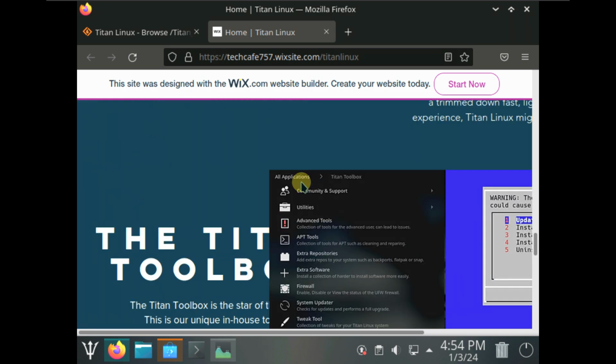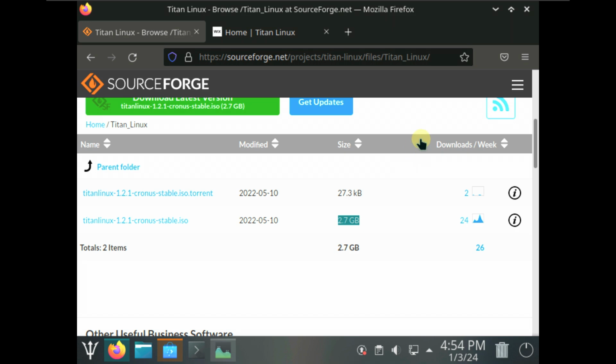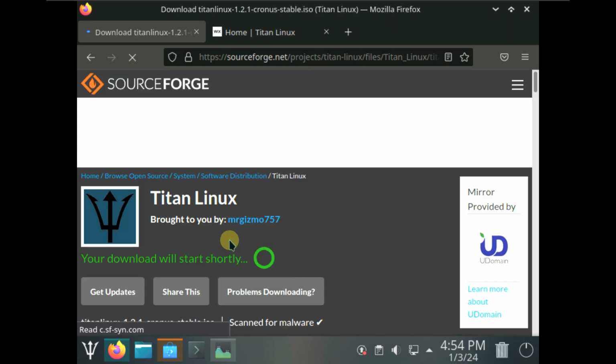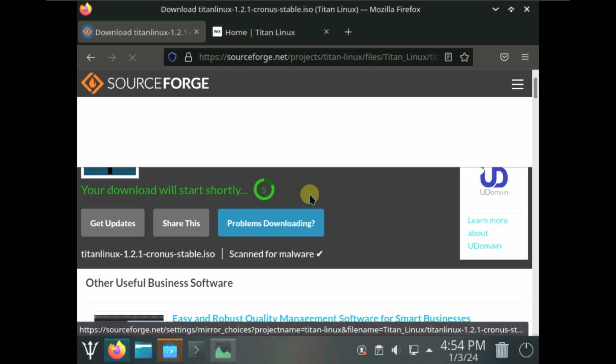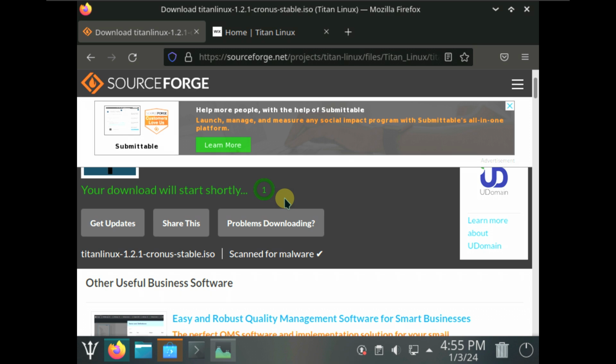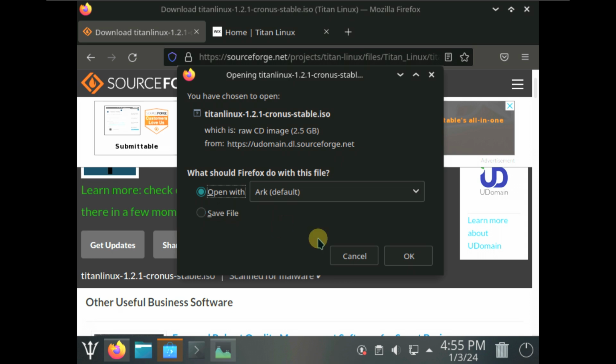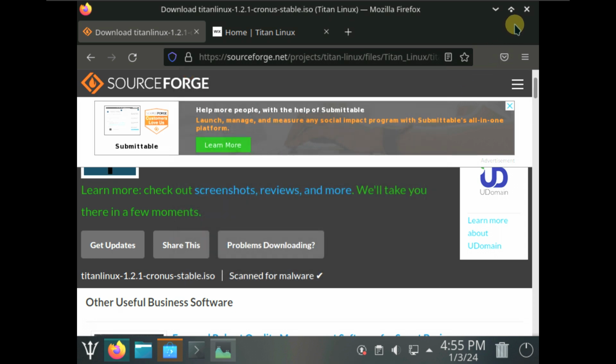So this is the official website. So this was the downloading process. If you want, you can just click on this link, and it takes like 5 seconds, and you should have the file downloaded. You can download the ISO file after 5 seconds. So here is the ISO file. If you want to save it, you can save it anywhere you want. So let's close the